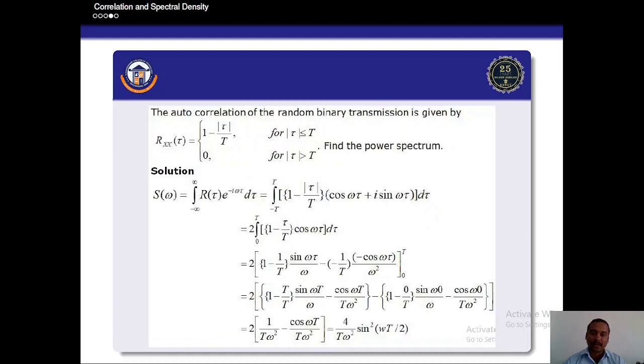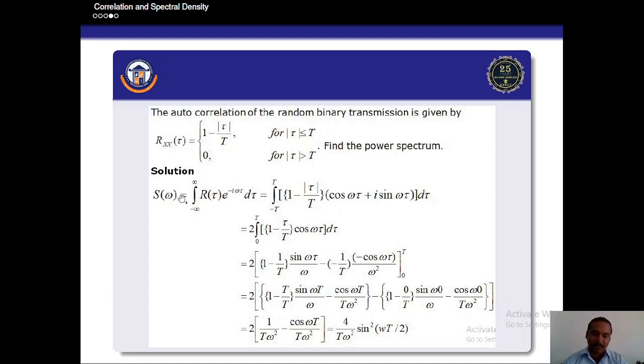The next one, the autocorrelation function of the random variable is given by Rxx of tau equal to 1 minus modulus of tau divided by T for modulus of tau less than or equal to T, and 0 for modulus of tau greater than T. Find this power spectrum. So use the Fourier transform